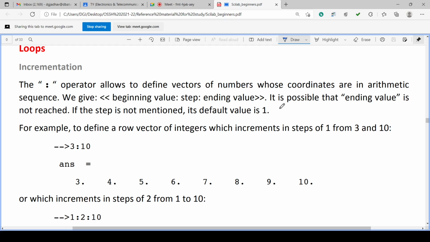From 1 to 4, 4 to 7, 7 to 10. Increment is by 1 or increment is by 2 or increment is by 3 and so on. Similarly, increment by -1 also is possible, that is decrement. So step may be plus or minus, +1, -1. So increment step, if it is -1, it becomes decrement.